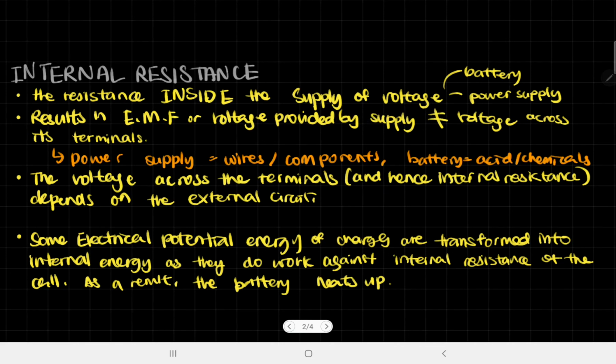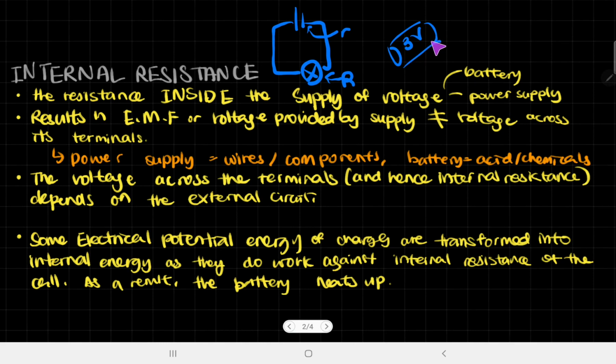And what that means is if you have a pretty basic circuit where you have a cell and then you probably have something here like a lamp. What supplies the voltage here is obviously the cell. And imagine if, other than this very obvious resistance right here, you also had a very, very small resistance of the battery itself. That means that if you had a battery and it says, okay, this is a 3-volt battery, then actually a little bit of the 3 volts is going to be used within the battery because there's a resistance